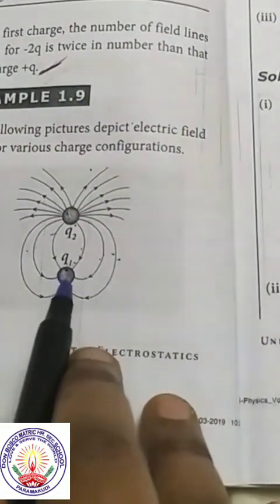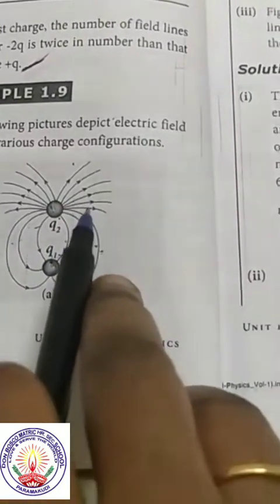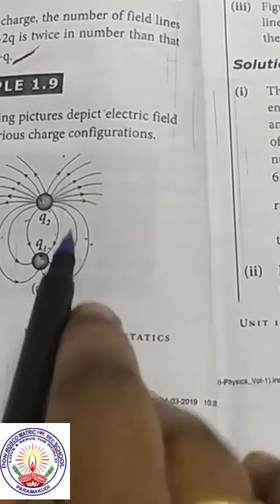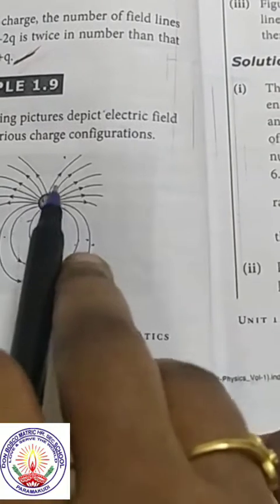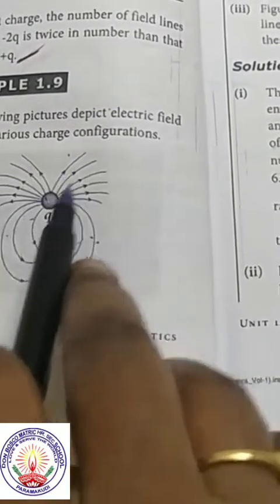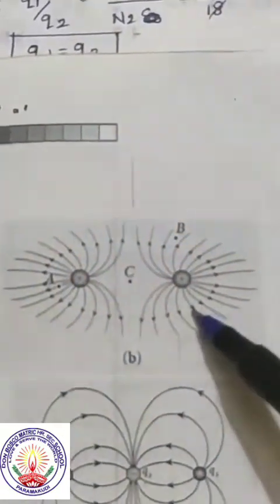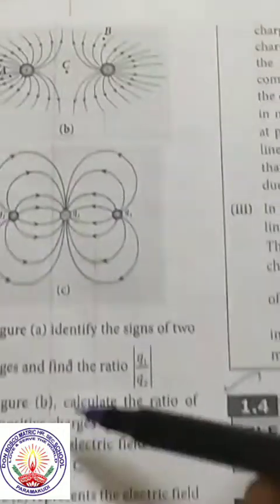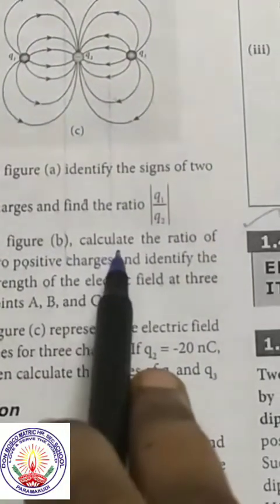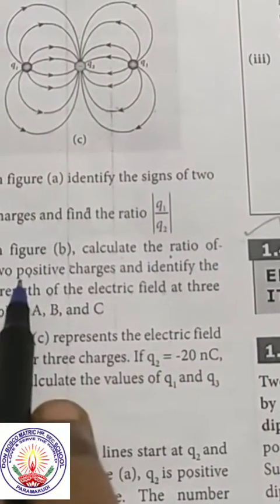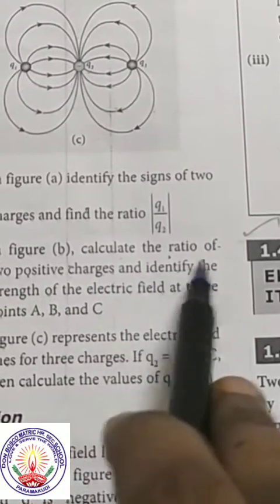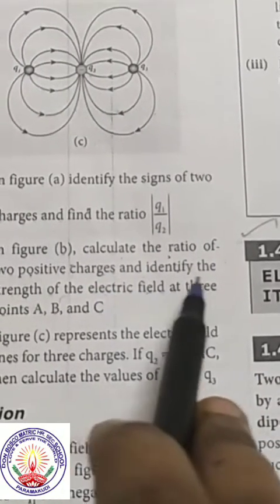So first diagram, charge Q1 has 6 lines, number of the lines is 6, and charge Q2 has number of the lines 18. So count and see how many lines are there for each charge. Then next, the second diagram. So what is the question? Second, the figure B, calculate the ratio of positive charge and identify the strength of the electric field at 3